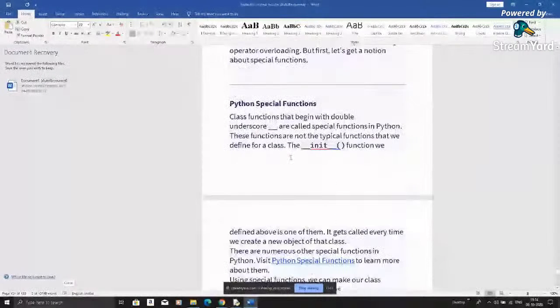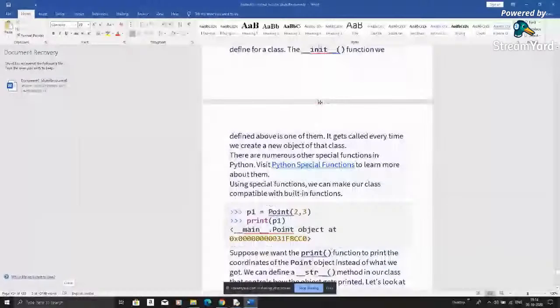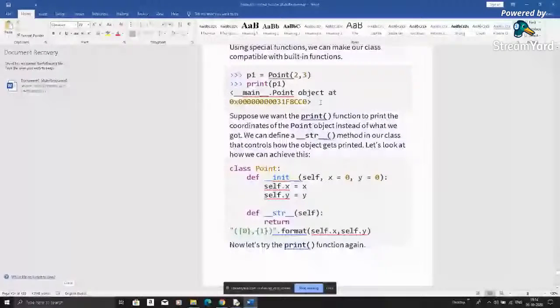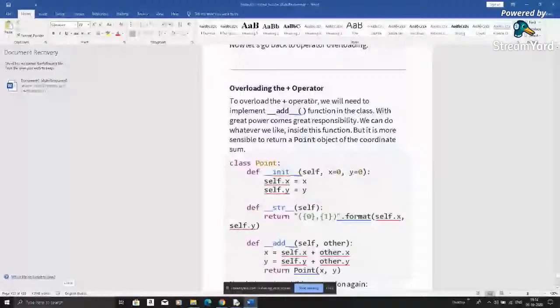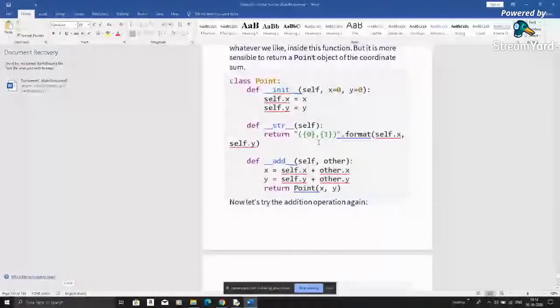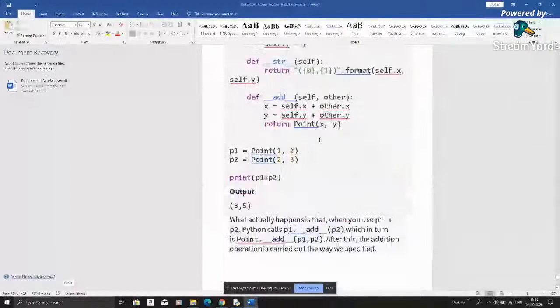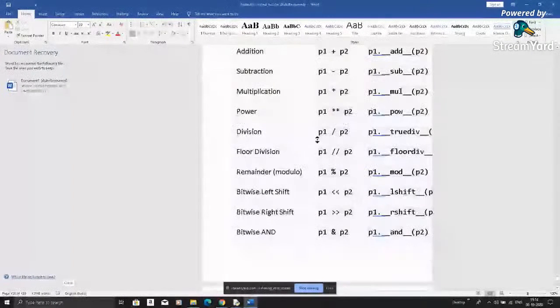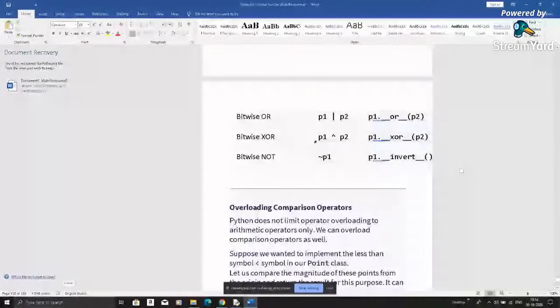I have already told you about special functions, how the init function is working. I think that comes under this, and we have used this concept of string. You already know how to use it, and I have given you one question regarding this in the assignment also. This is a string format. We have used it to pass the self.x value, meaning the value of self.x is zero. Zero comes over here, zero comes over there. When you print something, it will give you zero. So I think we have told you the main thing over there.